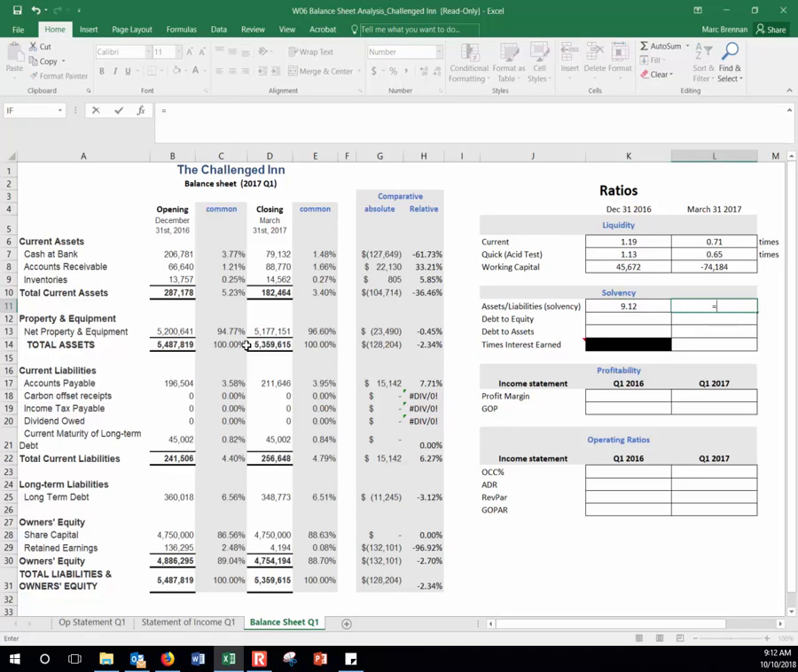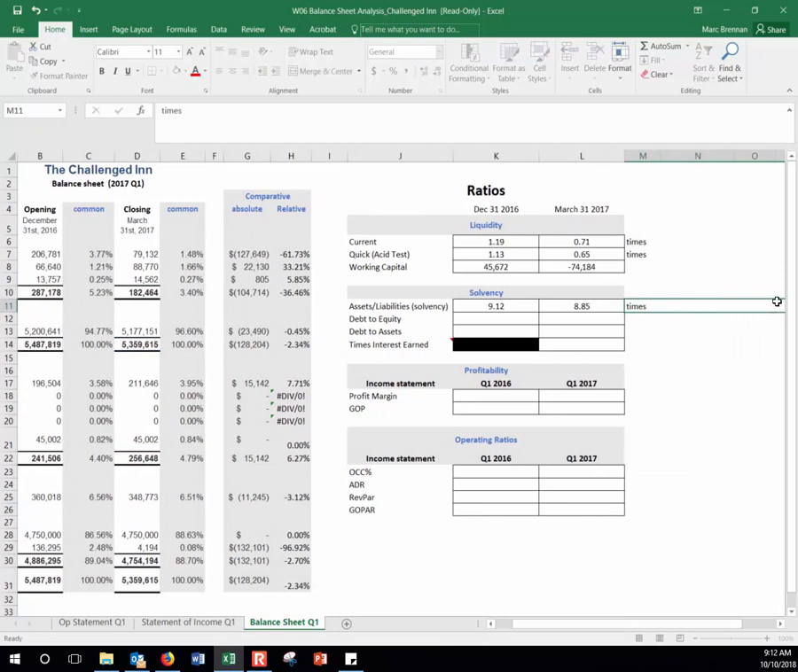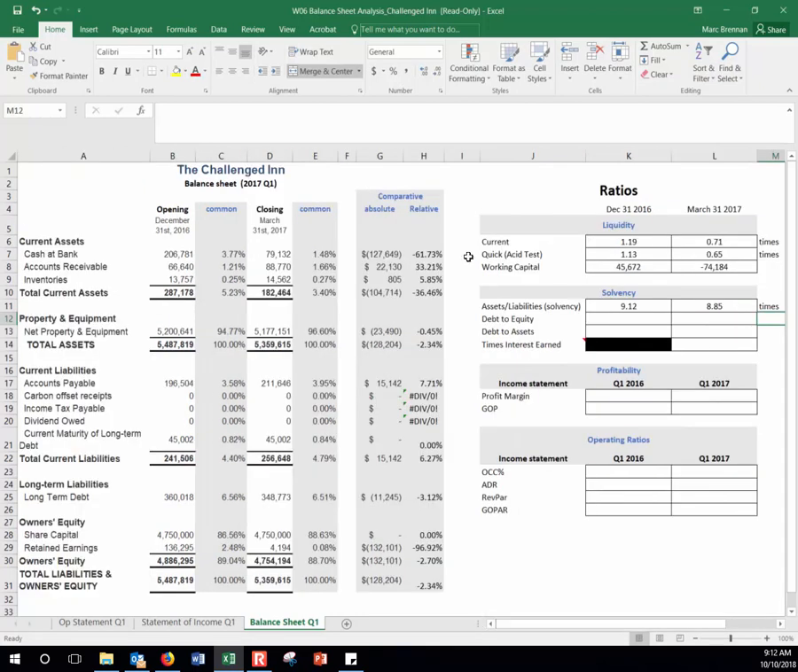I'll do the same thing for these. So total assets divided by my current plus my long-term liabilities. So 8.85 times I can cover my total liabilities with my total assets. This is a very high solvency ratio. What this means is that I can cover all my debt with all of my assets 9 times over in both. This would be kind of a sign that maybe I'm not using enough long-term debt here,